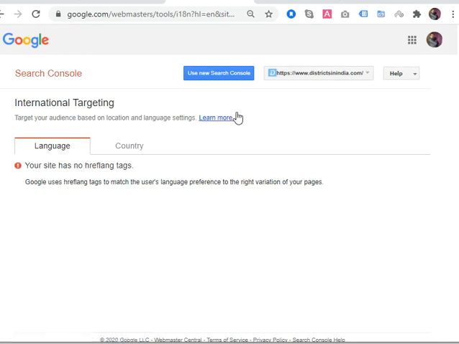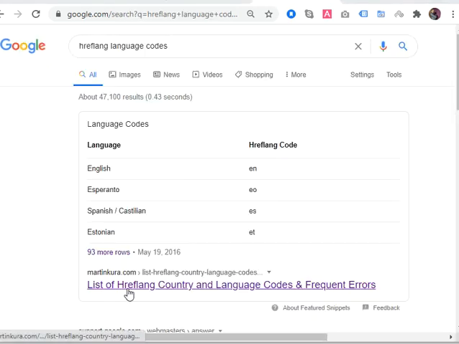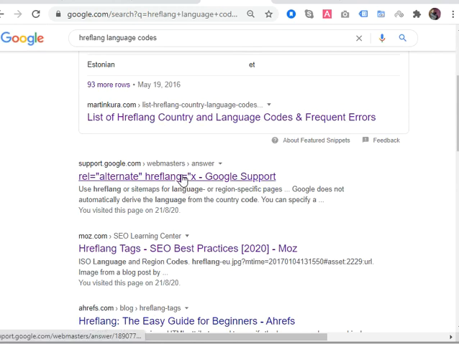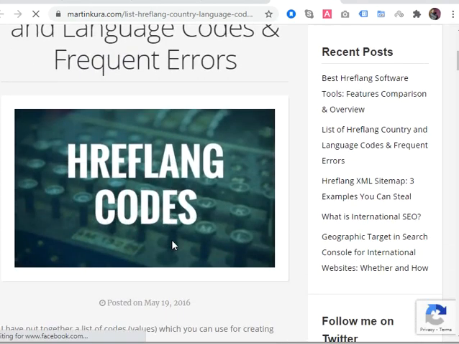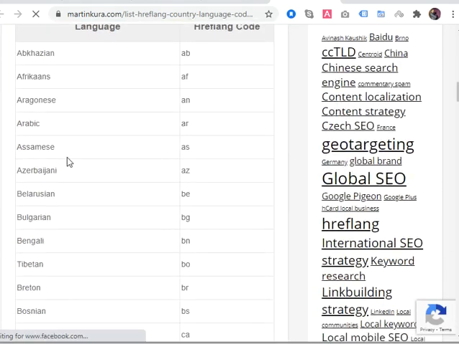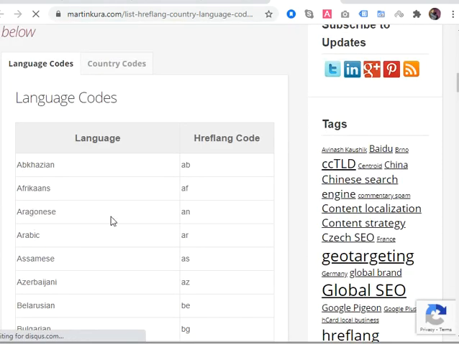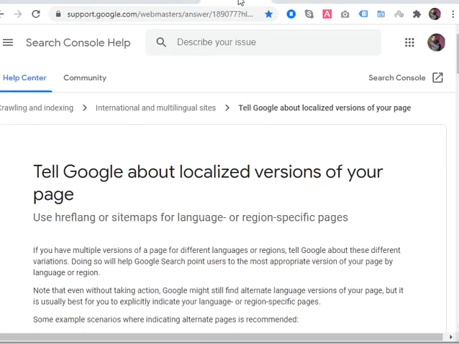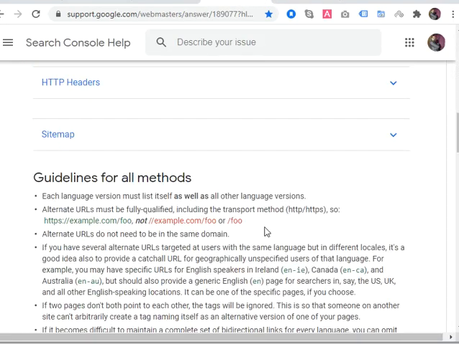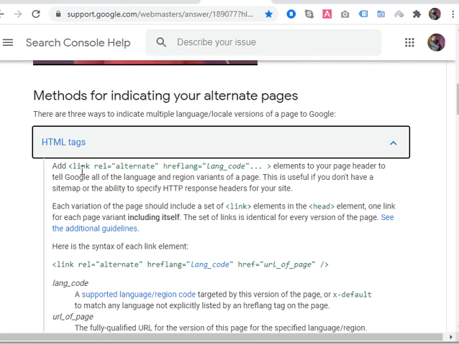And how do we implement it? It's very easy. Let me first show you the list of country codes. Every country has an abbreviation code, like this: the language and the code. It is implemented in the HTML tag.